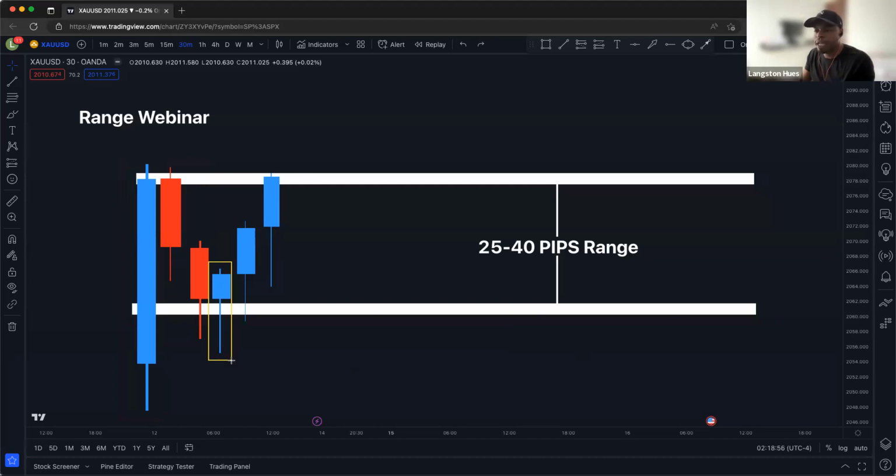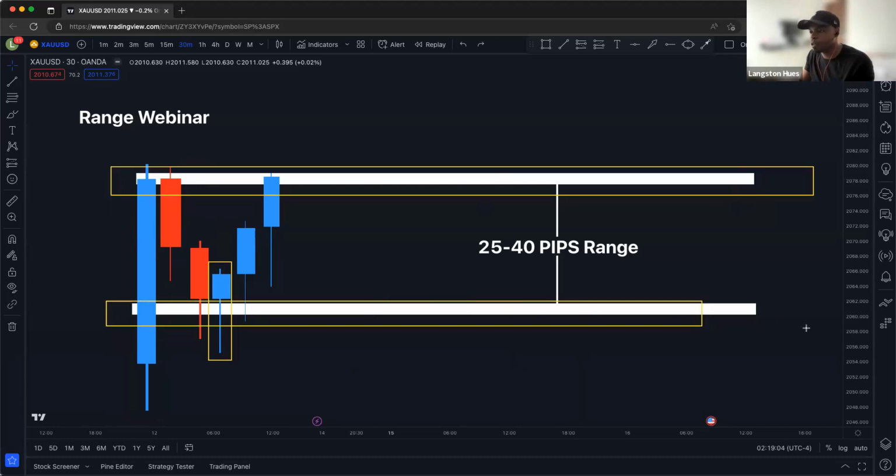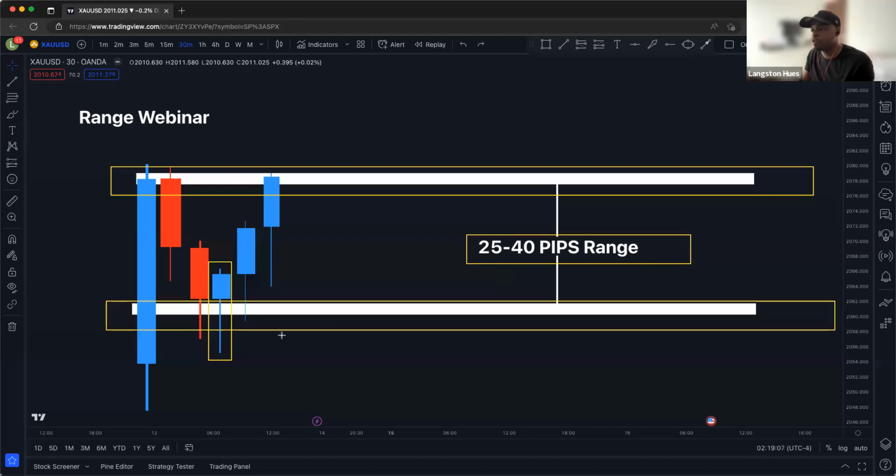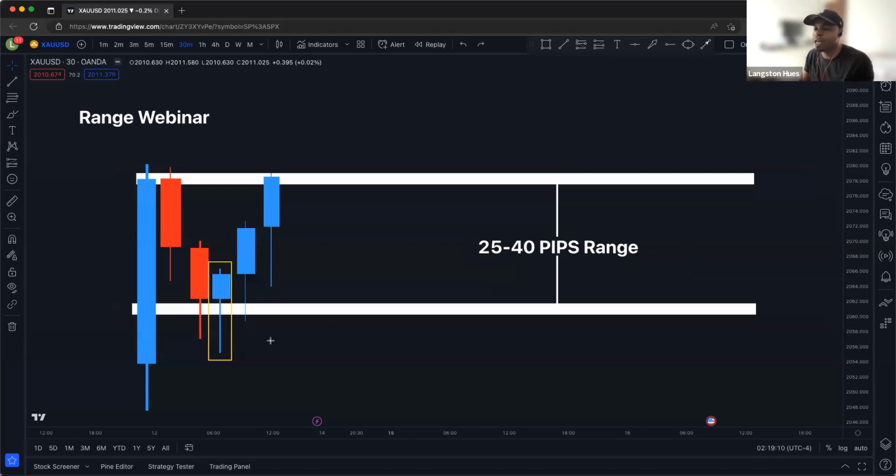When we have this next bullish candle that formed, and we know that this range, from the resistance to the support, is 25 to 40 pips, we know that we can potentially enter a trade on the break of this high to drive up and fill the range, continuing the bullish momentum and current uptrend. Does that make sense? Any questions? You see the story that we're painting here with price?